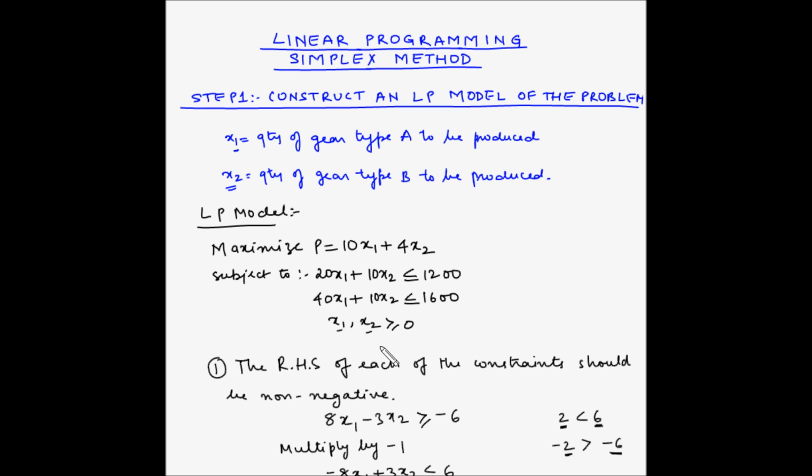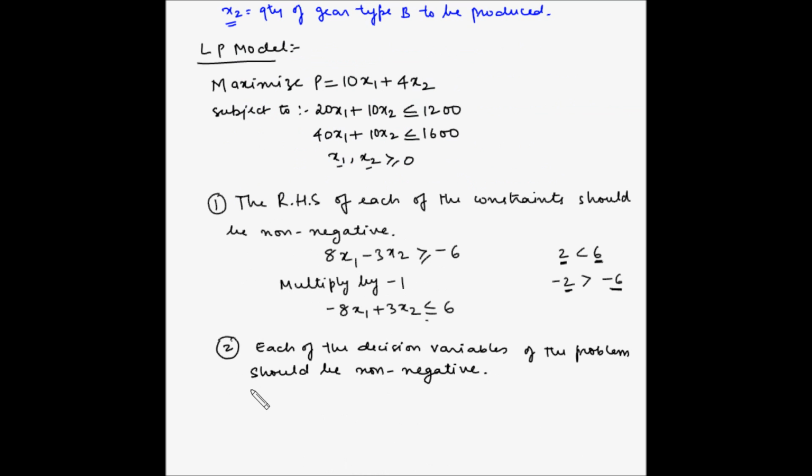However, sometimes a problem might have a variable which is unrestricted in sign. So it can assume negative values as well as non-negative values. For example, let's say that the LP model is maximize z, where z is equal to 5x1 plus 7x2 minus 2x3, and this is subject to the constraints